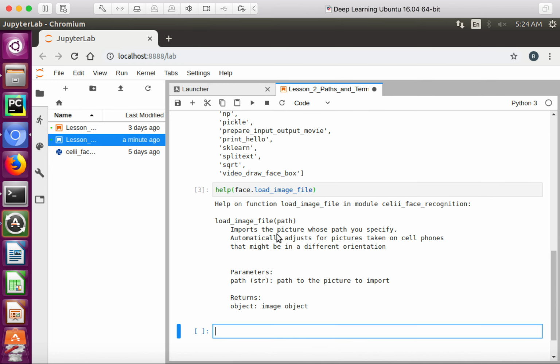All right, it imports the picture whose path you specify, automatically adjusts for pictures taken on cell phones that might be in a different orientation. Okay, so the only thing you have to pass it is the string, the path to the picture, okay, and it returns an object, which is just the picture object. So the deal is,